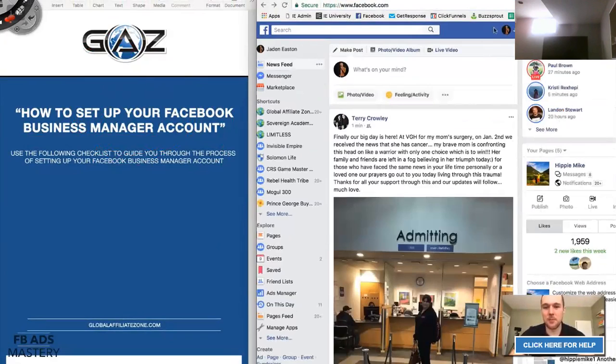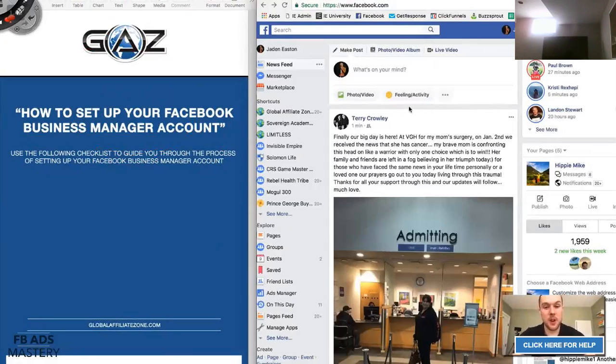You can basically set permissions. You can be like, hey, I'm going to make you, I believe it's an analyst, where you can only see stats, or I'm going to make you an advertising manager where you can only place ads but you can't access billing information. So you can do that. And the business manager also opens you up to some other features you can explore down the road as well. But the main reason we're doing this is to make sure that if your ad accounts ever do get shut down, you'll be able to transition.